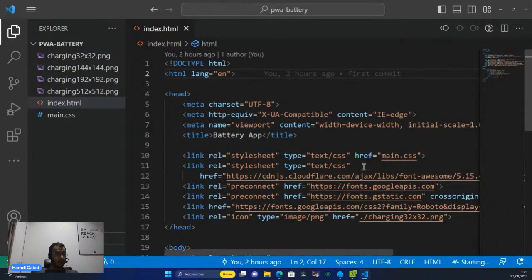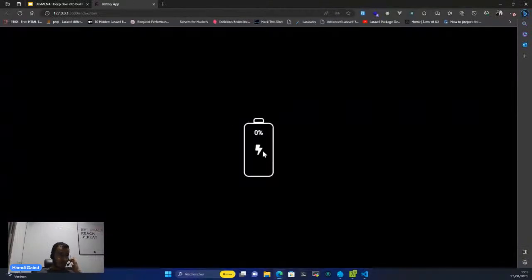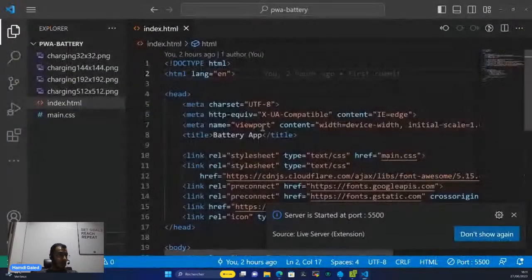I will run the project. Okay, so as you see here, we will show the percentage of the battery of the device on which we run our application, and we will add another thing here at the bottom, which will be whether the device is connected to the charger, or it's on sector or off sector. So we will start